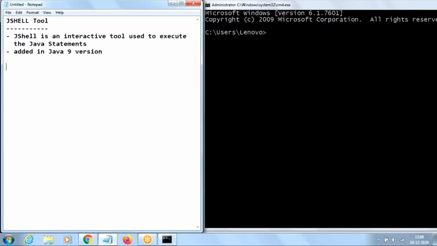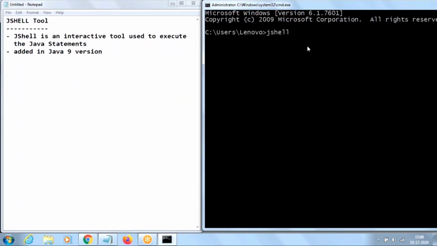Then how to open JShell: we have to open the command prompt and type the command jshell and press the enter key, which is going to open the JShell prompt for us. So let's see. It says welcome to JShell and opens the JShell prompt.